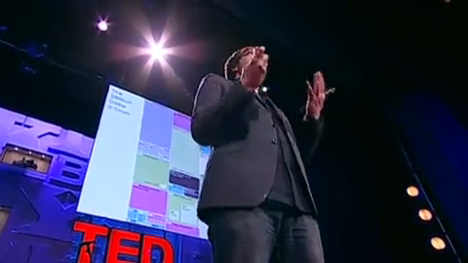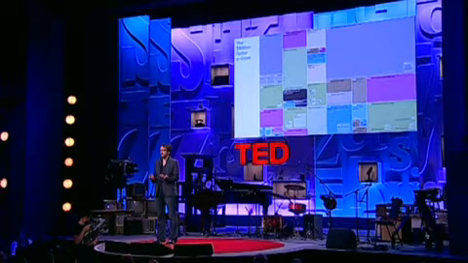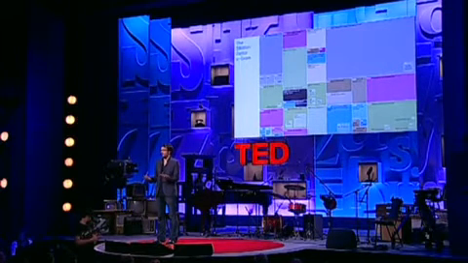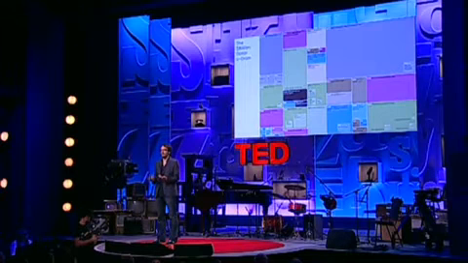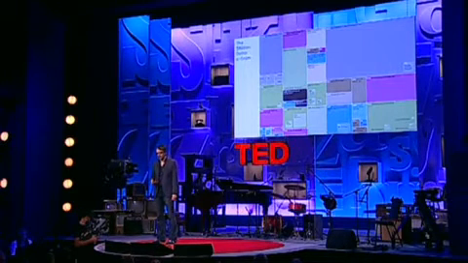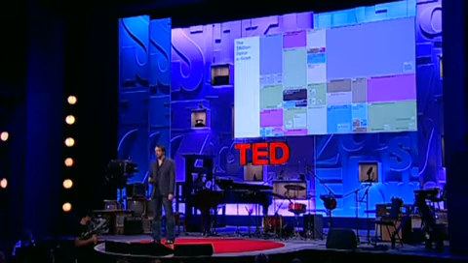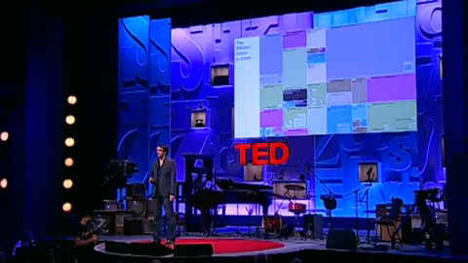So, by visualizing this information, we turned it into a landscape that you can explore with your eyes, a kind of map, really, a sort of information map. And when you're lost in information, an information map is kind of useful. So, I want to show you another landscape now. I want you to imagine what a landscape of the world's fears might look like.